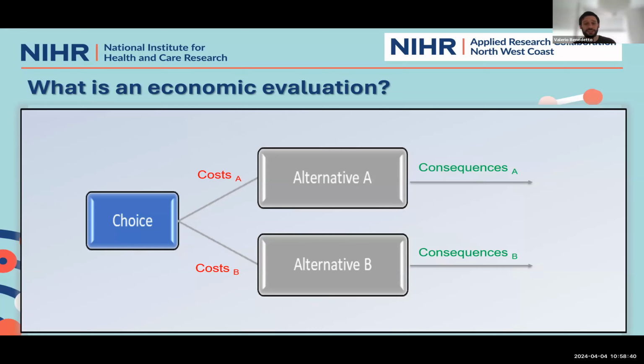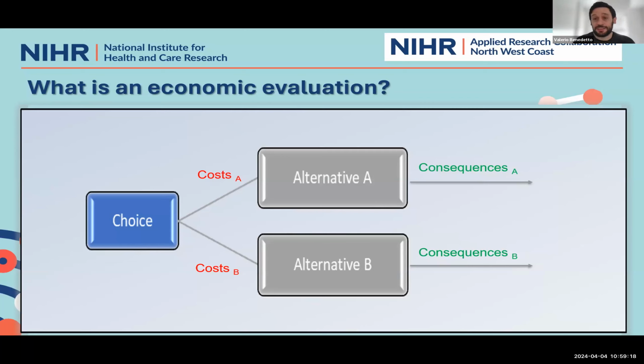Remember what Luis was covering in the last slide, thinking at the margin. If I'm implementing alternative A, I'm gonna incur certain costs which are on top of alternative B. So if alternative B is what we're already implementing, we really need to consider what cost I might need to incur to implement alternative A. Additional cost, extra cost. In the same way, there might be some costs which are only incurred with alternative B and not necessarily with alternative A, and these types of costs are important to measure and to take into account.